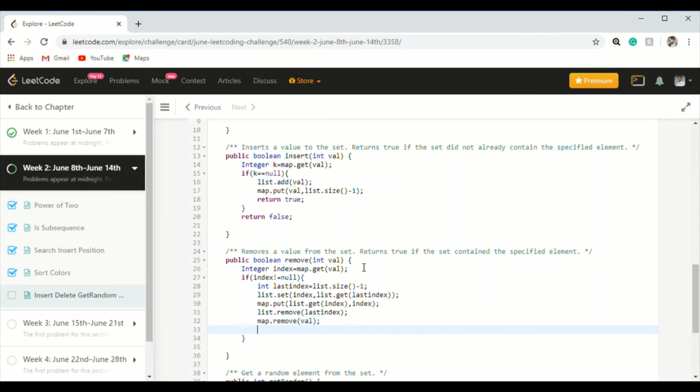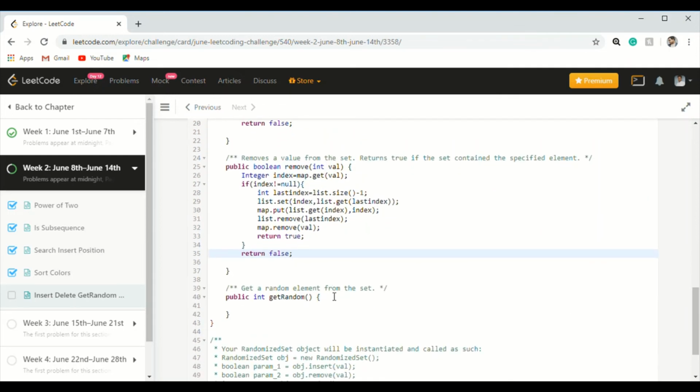Cool. If this happens, then return true, else again return false. Okay, so